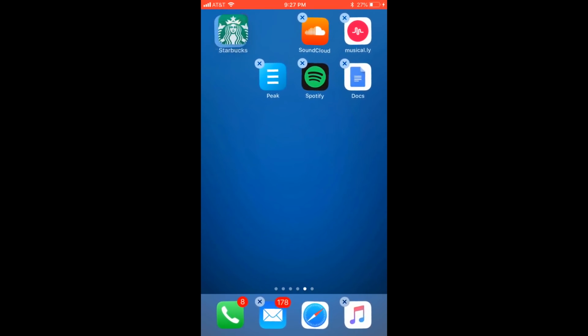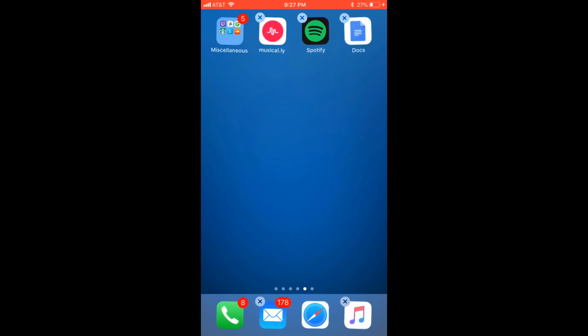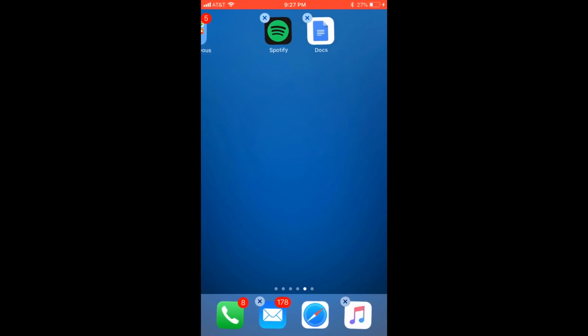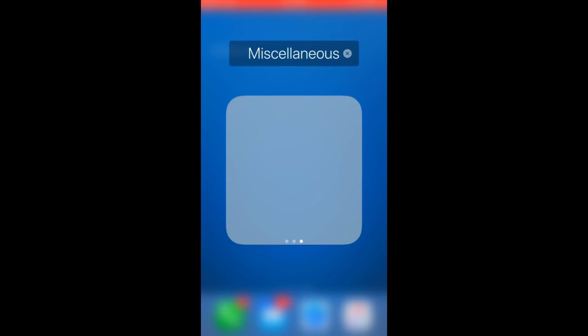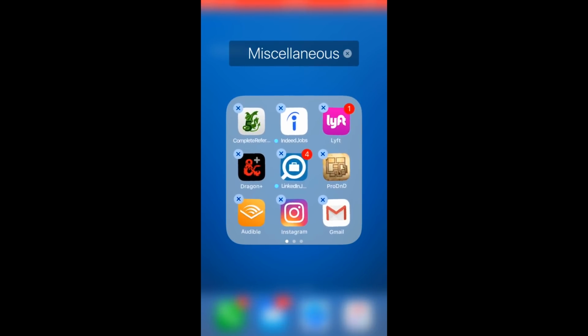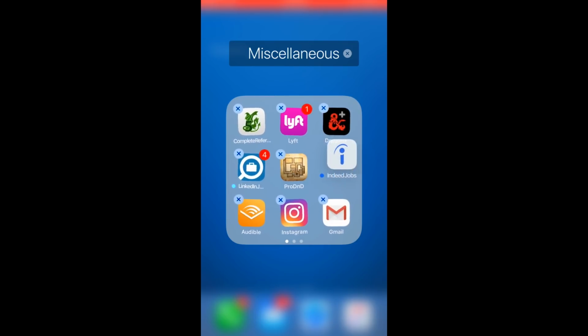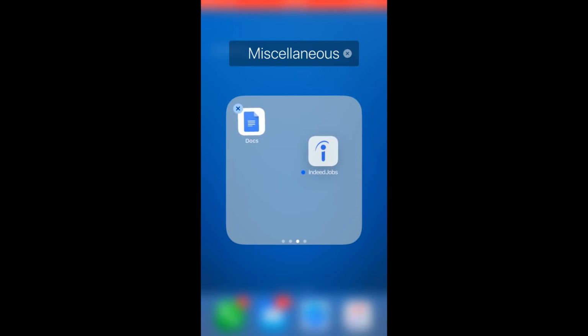Step 6. Hold your finger against each of the apps individually and then move them into the folder you created. After all of the apps are moved into the folder, tap to open the folder. Step 7. Navigate to the page within the folder that contains the app you want to hide. Hold your finger against that app to make it wiggle if it isn't wiggling already, and then move that app to the right edge of the folder. Keep holding the app against the edge until it's on a page by itself within the folder. The app should now be in a folder that's on a page by itself.